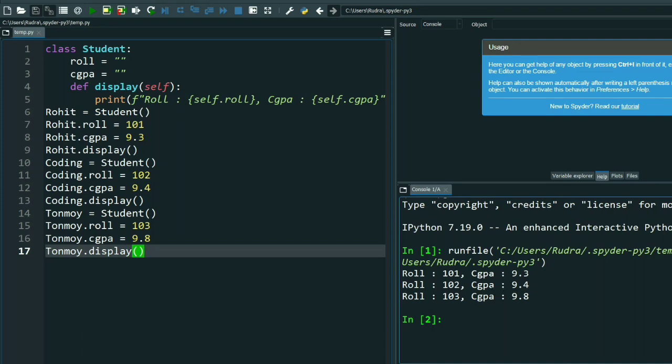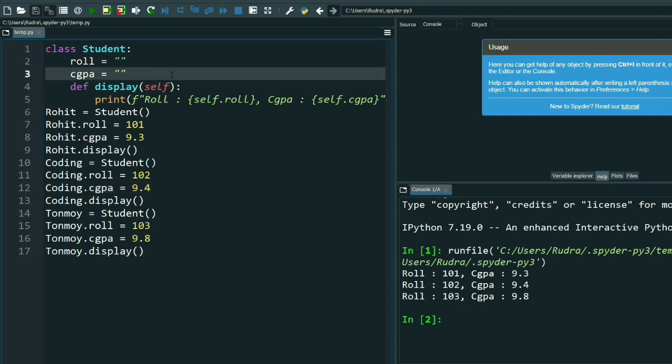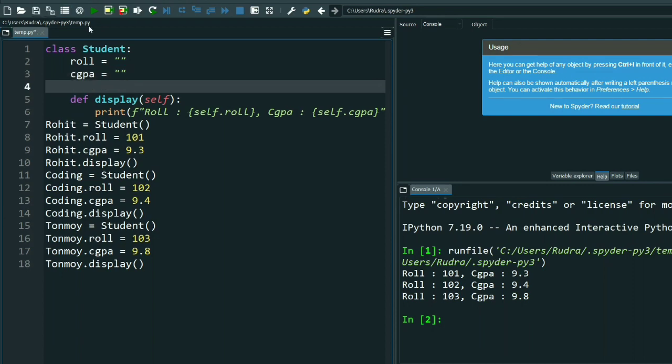Now suppose we are giving Rohit's roll, Rohit's CGPA, right? But you can do one thing: you can create a method here, and then you don't have to give it like this. Again I am creating a method, def set value, set underscore value.